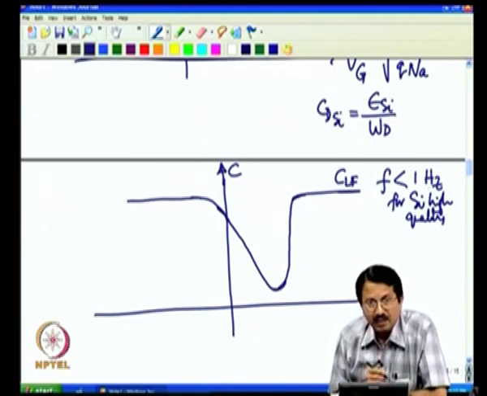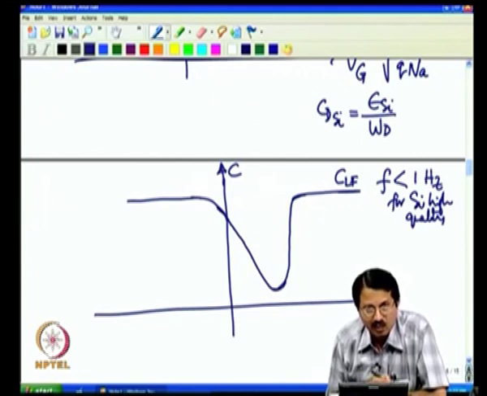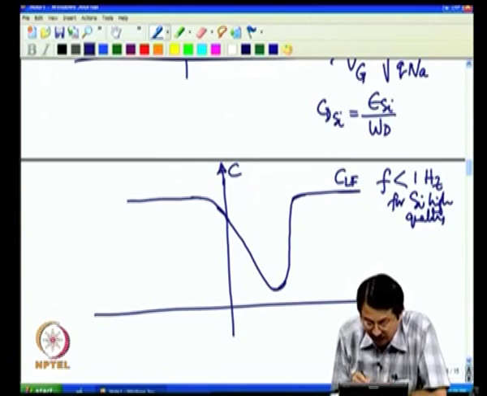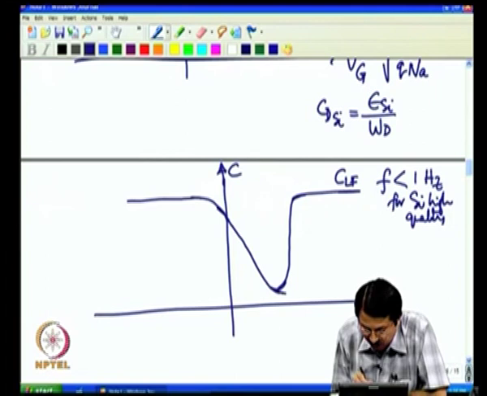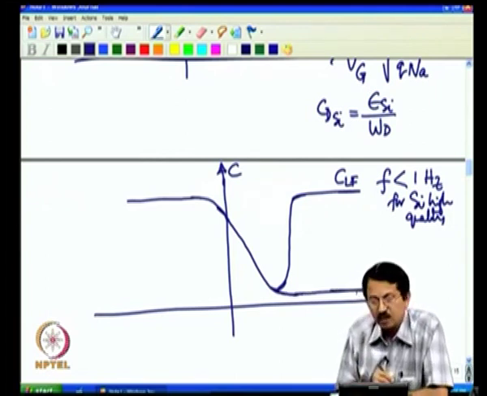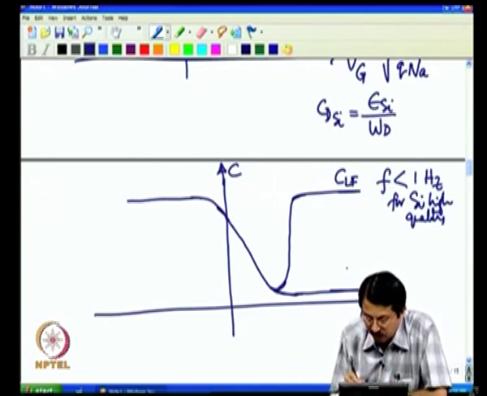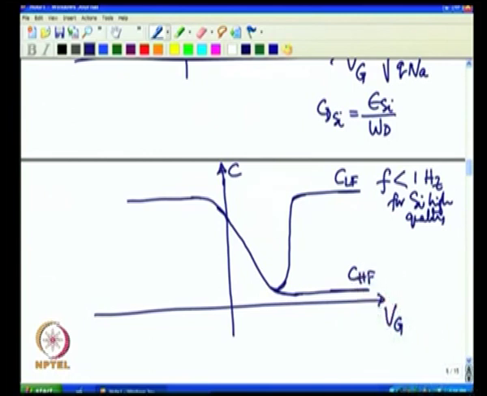If we do this measurement at 100 kilohertz, 10 kilohertz, these are called high frequencies. What happens is that I do not see this, instead I see a curve which looks like this, and this is what we call high frequency CV. In other words, as I go deeper and deeper into inversion, typically somewhere here we say we have reached weak